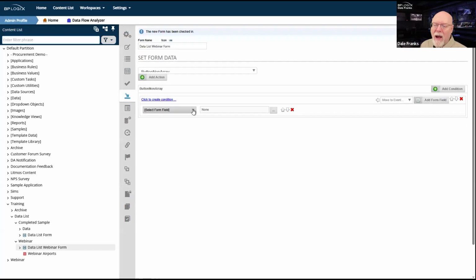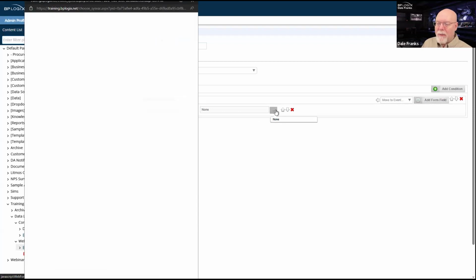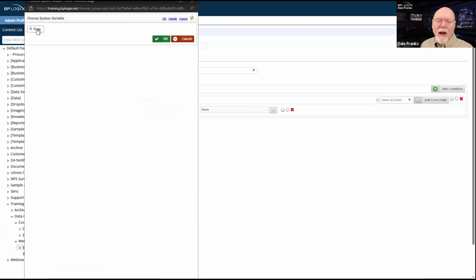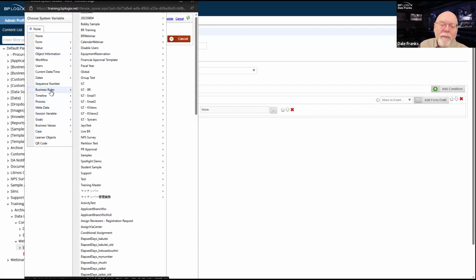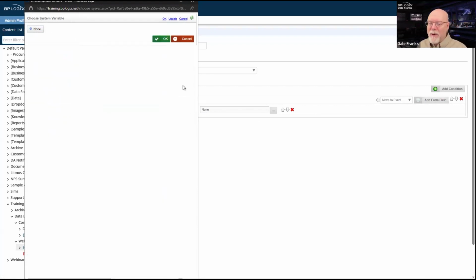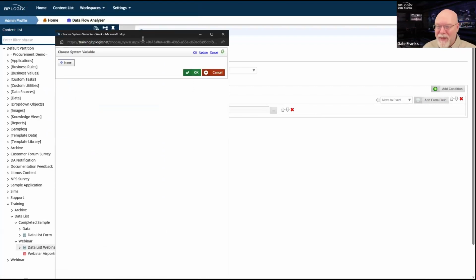So we're going to pick button non-array. We're going to add our actions, and the form field we are going to set, since this is non-array, is going to be, well, we'll start off with airport code. Obviously, I'm going to need to grab this from my business value. Oh, I don't want to set this from a business value. This is where it gets a little tricky. I'm so used to setting stuff from business values, but we're not dealing with business values here. We're dealing with a data list control.